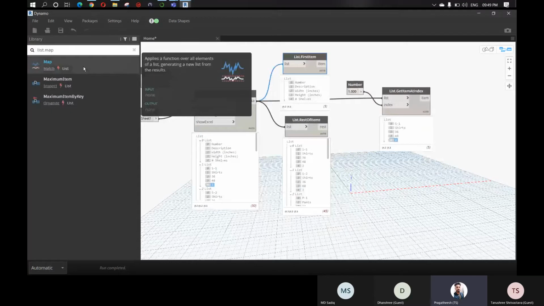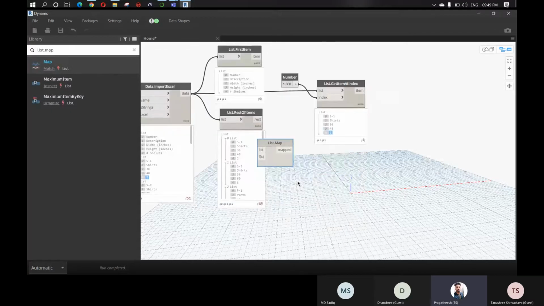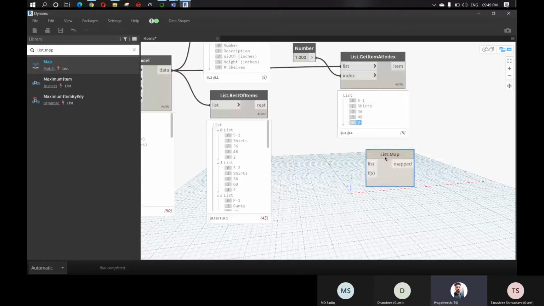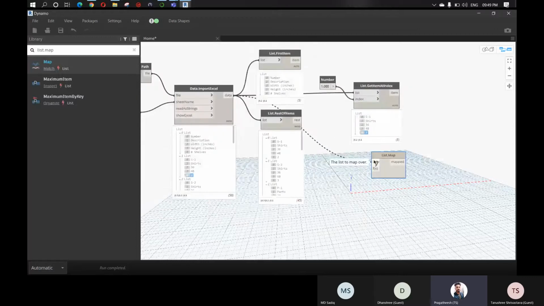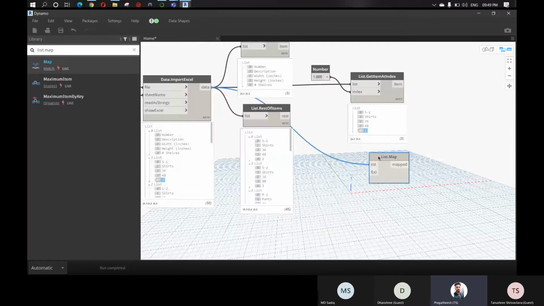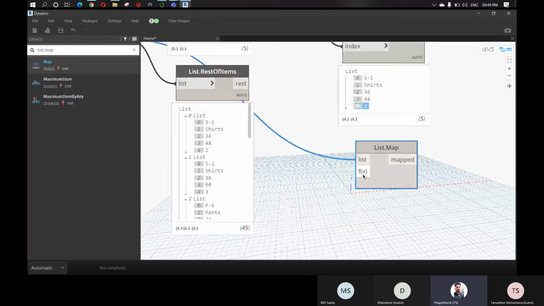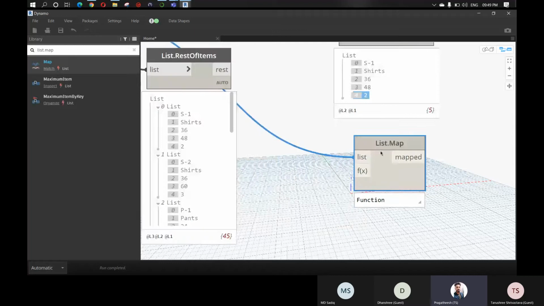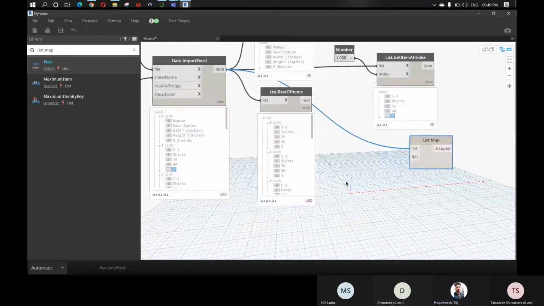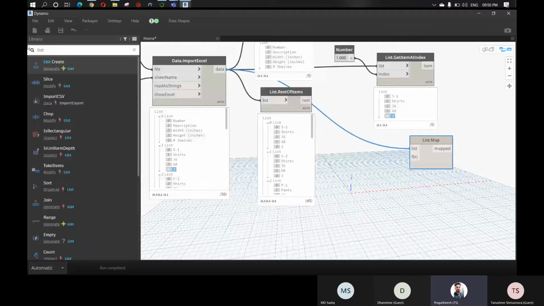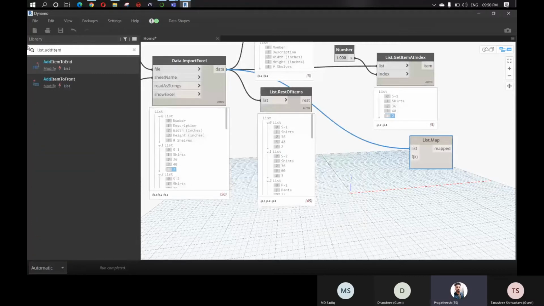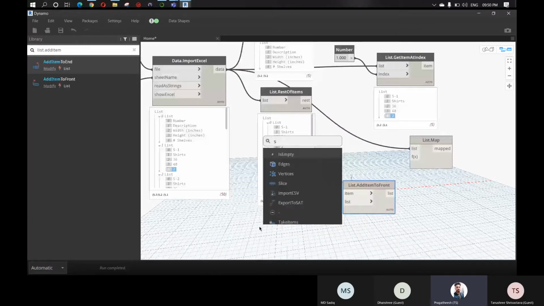Okay, so this is on another node, list.map. First I'm connecting the list to here. And next here you can see it says f of x, and this is some of the trickiest part. So for that, first I'm just gonna add list.AddItemToFront,